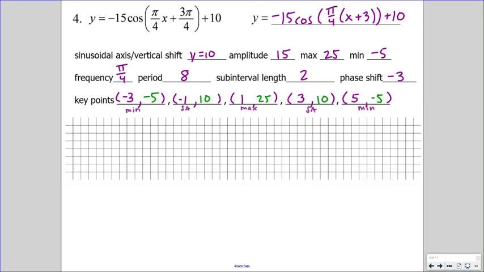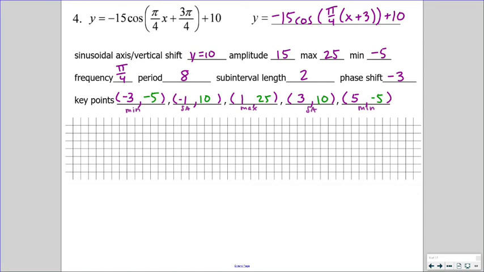It's kind of nice because we get rid of the pi's, so counting along the x-axis is going to be really easy here. Our subinterval length is then 2. Phase shift is negative 3. It's to the left 3. That's where our first key point is going to start then. Now we are graphing the reflection of cosine, which means that our order of key points becomes minimum, axis, maximum, axis, min. So we switch the min and max order on the reflection of cosine,